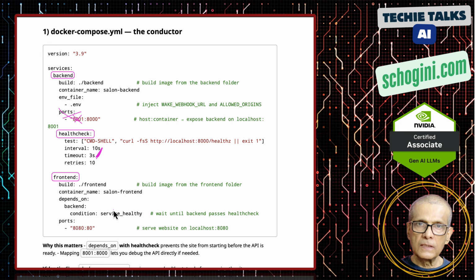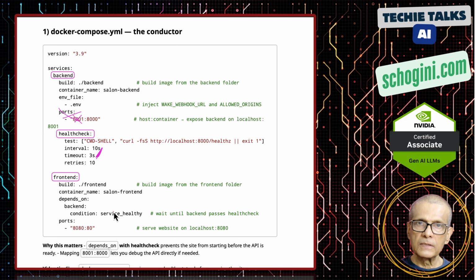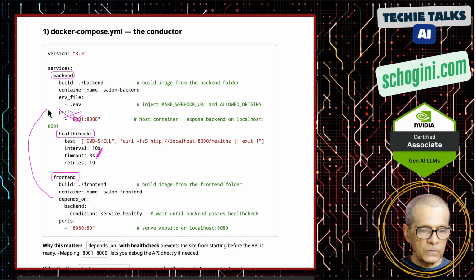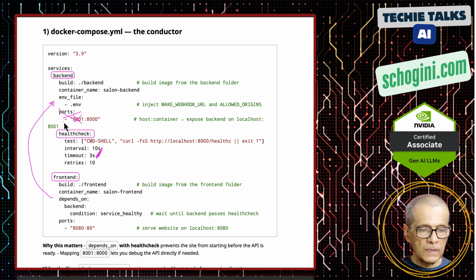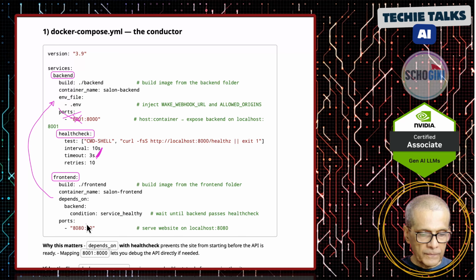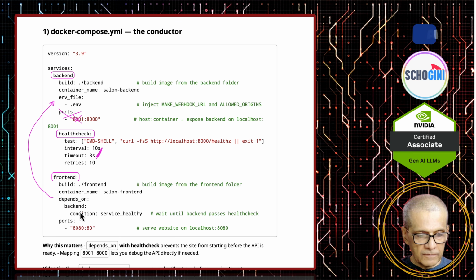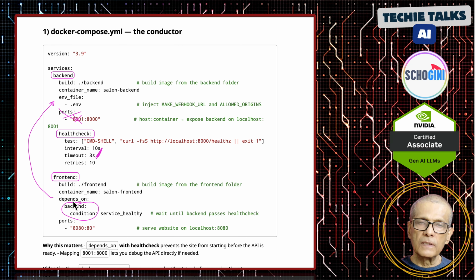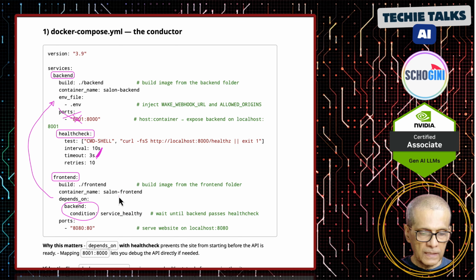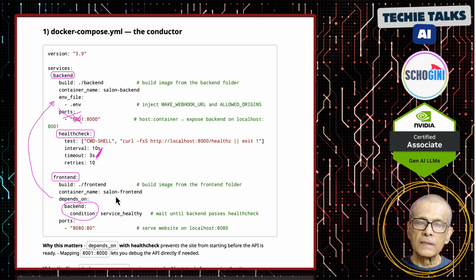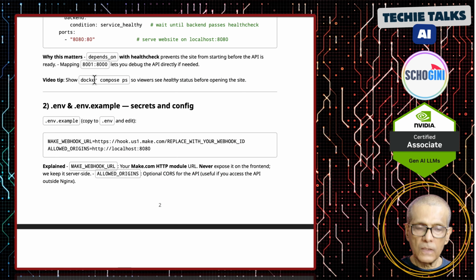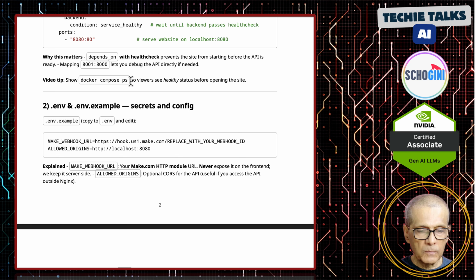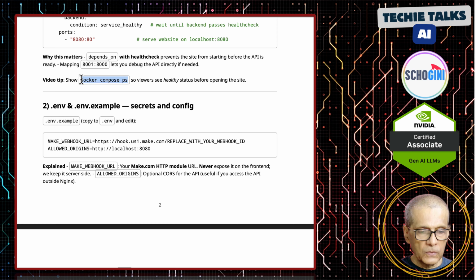Only thing is it has the chatbot UI, which is a JavaScript based front end, which talks to the backend through the Nginx proxy. And here we have the condition defined so that the front end will begin serving only when the health check is ready. And when you launch it, you can watch this Docker Compose PS